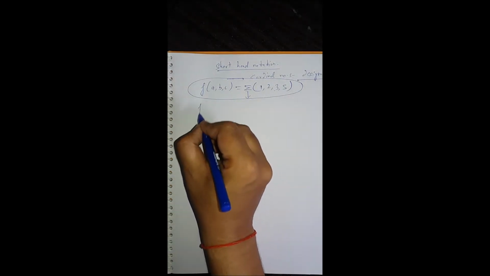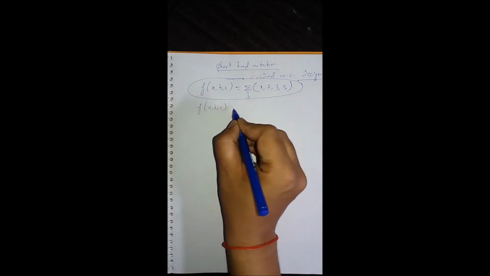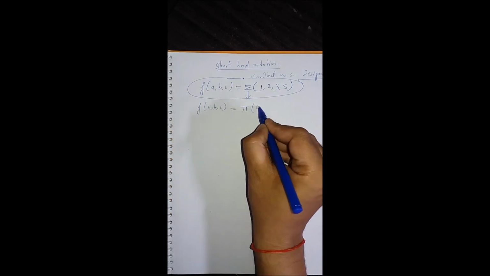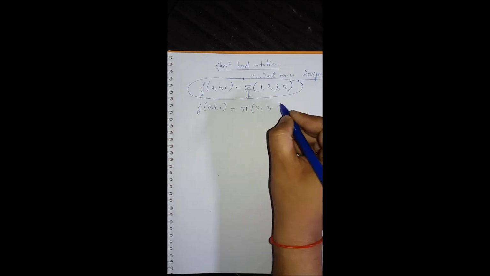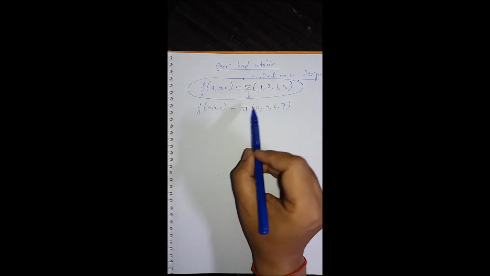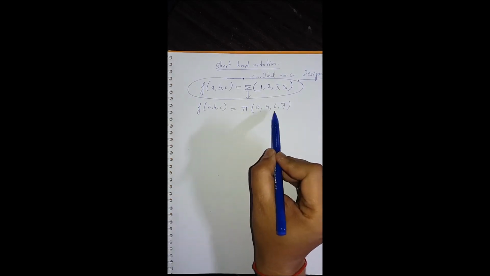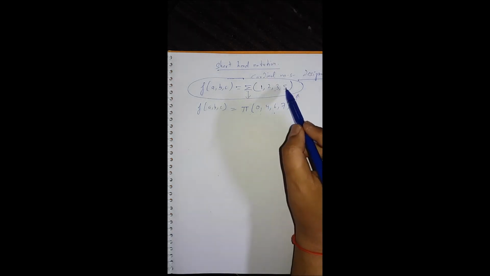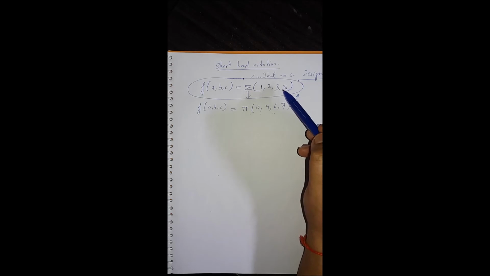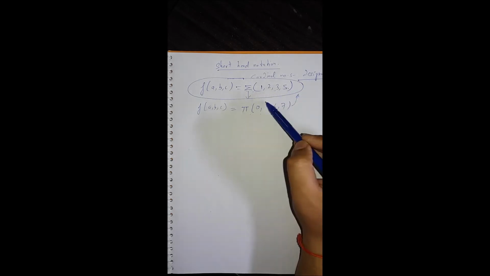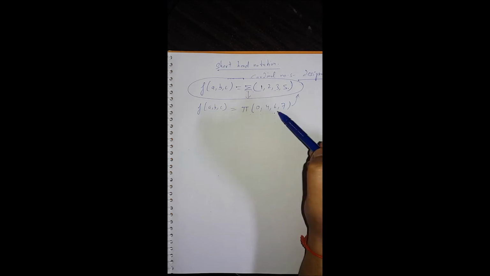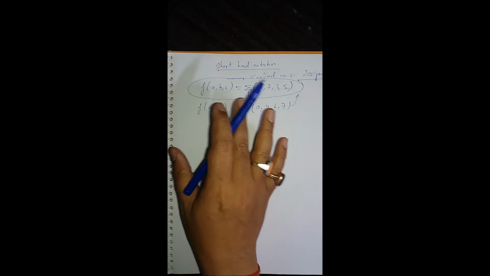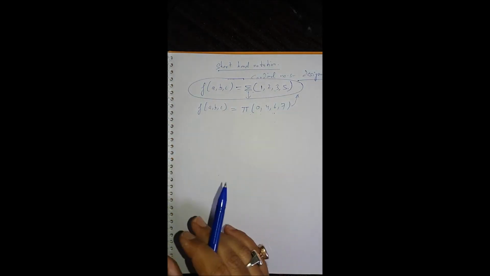Now another way of writing the same truth table is pi. Pi means the zeros, that is 0, 4, 6, 7. That means on these designations the output is 0. That means on the rest of them the output is 1. So in another way we can see that summation 1, 2, 3, 5 is actually equal to pi 0, 4, 6, 7. So this is another way of writing a truth table in shorthand notation.